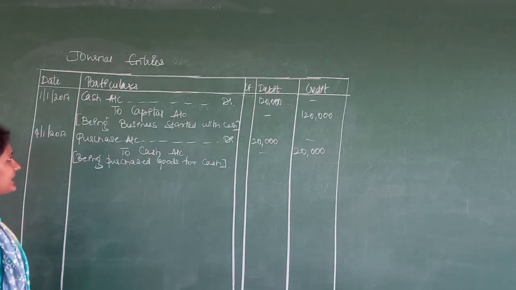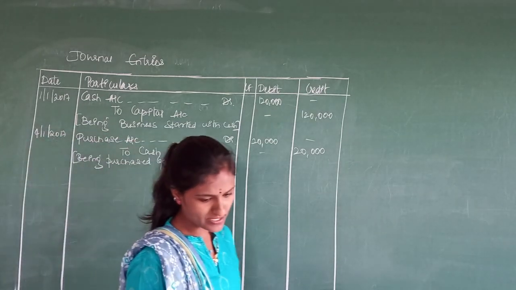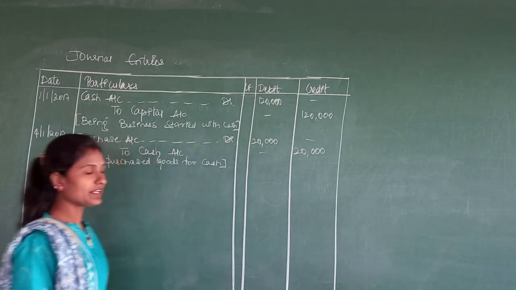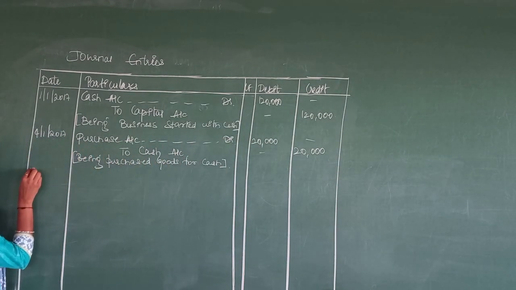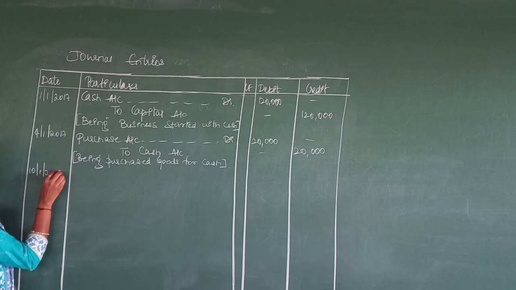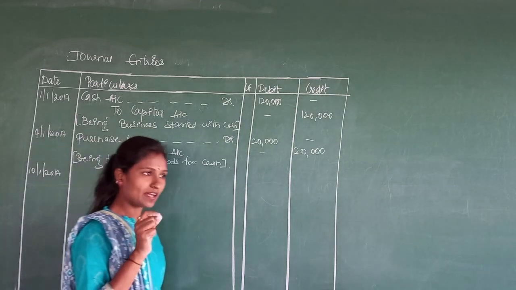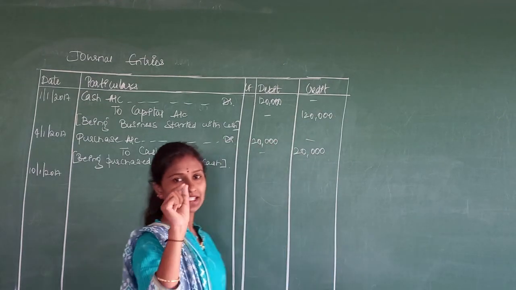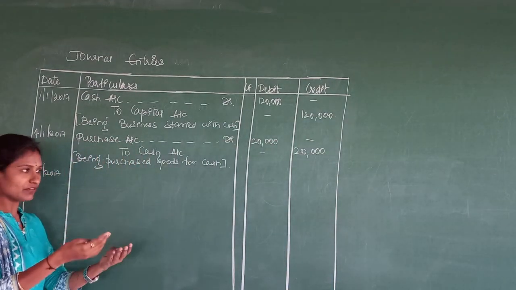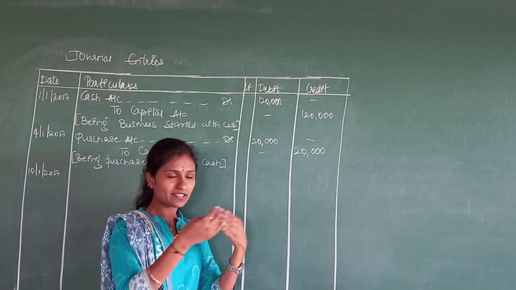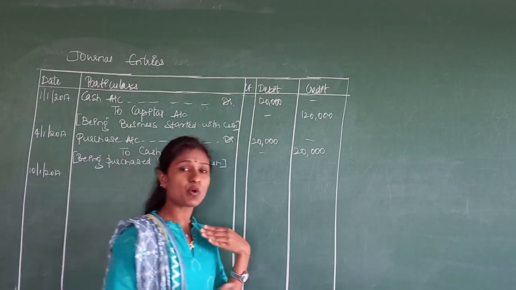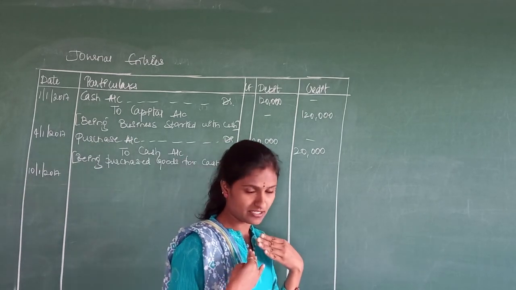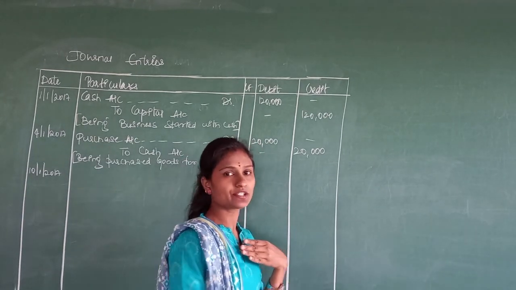Yes. So second transaction has been completed, and the third one is purchased furniture rupees 30,000. Date is on January 10. So on January 10, what they have purchased? Furniture. So other than goods, if we purchase anything, we can put its account. In case of this purchase furniture, what we are getting? We are receiving a furniture. In that case what we are giving? Definitely we are giving cash, right? So purchase furniture debtor, that is furniture account debtor to cash account.